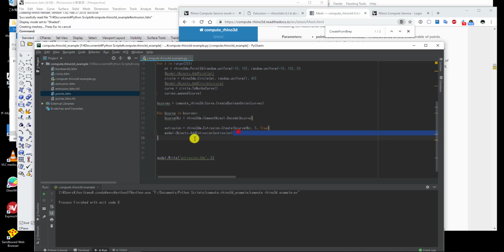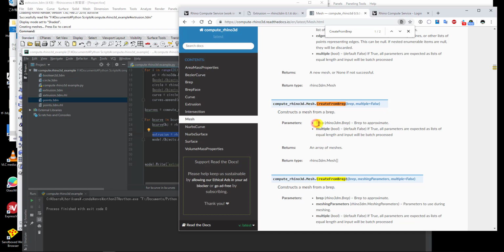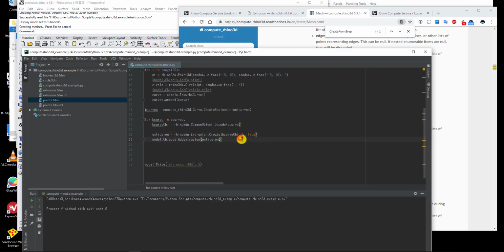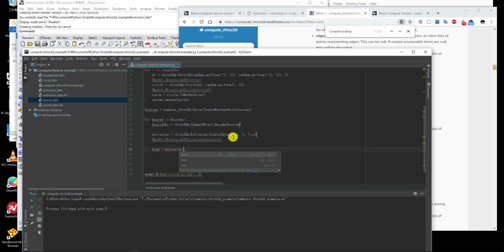Now I have this Boolean here, or it's not Boolean, it's extrusion, so I still need to convert it to brep as well. Now the thing that I need is first a brep, and first parameter is brep and second parameter is multiple, which is okay as a false. So okay, first I'm gonna cancel this and convert this extrusion to brep, which can be done by